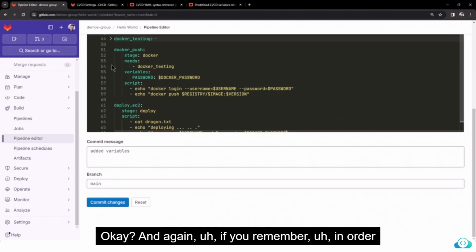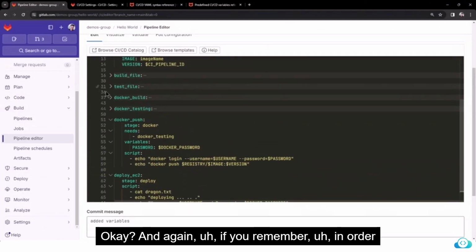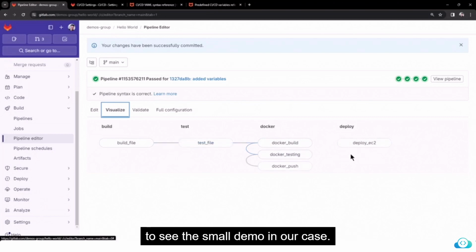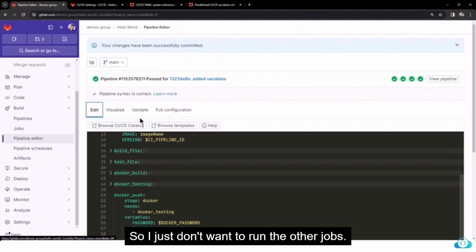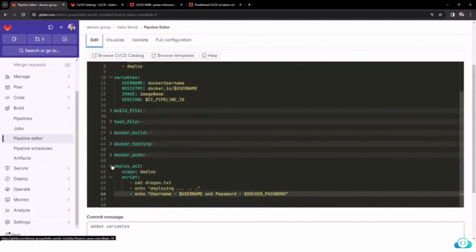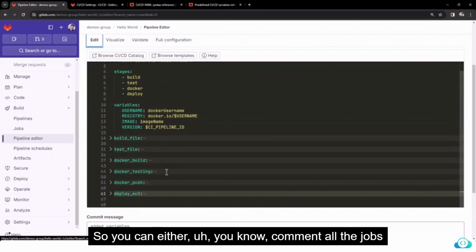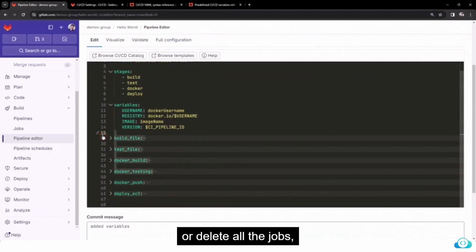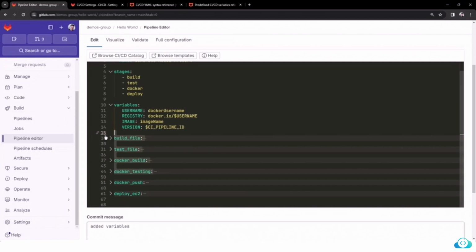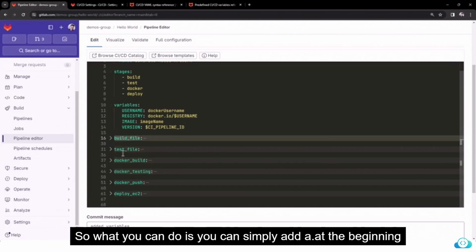Okay. And again, if you remember, in order to run the Docker push and the deploy stages, if you go to visualize, it has to complete various other jobs just to see this small demo in our case. So I just don't want to run the other jobs. So you have a couple of options to not run the jobs. So you can either comment all the jobs or delete all the jobs, or you can also have a hack in GitLab CI. So what you can do is you can simply add a dot at the beginning of the